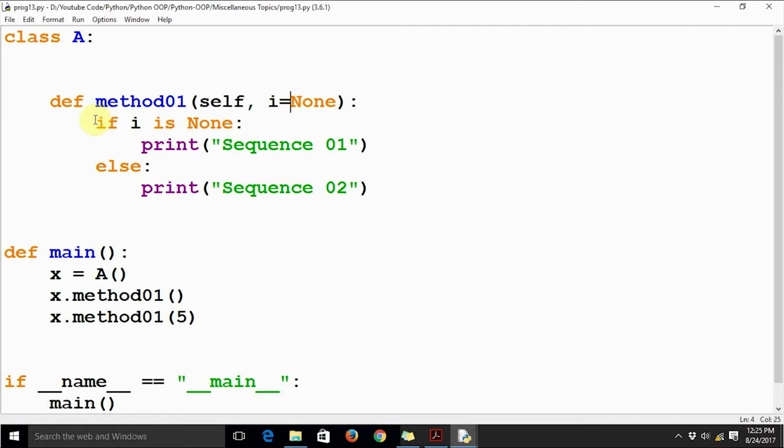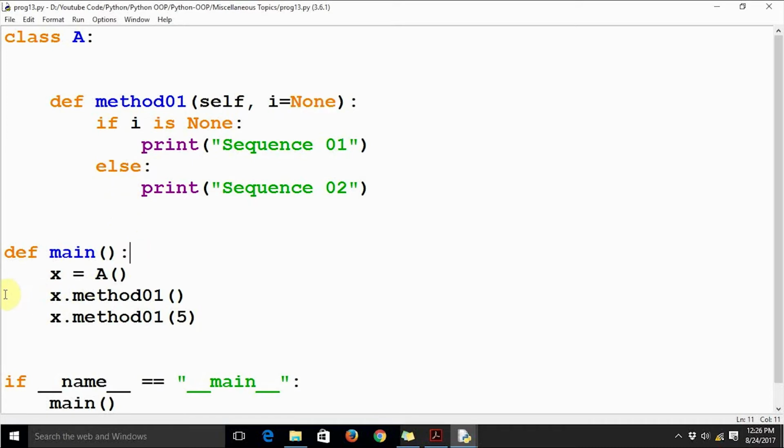Here I am checking in the if condition: if i equal to None, then perform some action, and if it is not, then perform some other action, which is not similar to the action in the block before else. So I am getting a choice to decide how the method is supposed to behave if i is None, and how it is supposed to behave if i is not None.